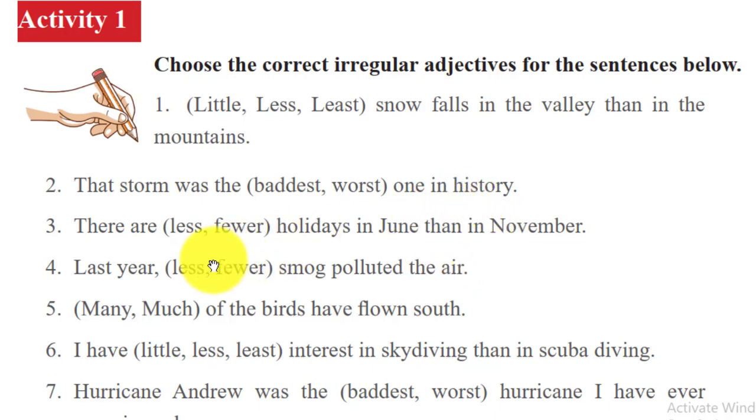Number 3: there are blank holidays in June than in November። than የሚል ቃል አለ። ስለዚህ comparative adjective ነው የሚሆነው። holidays የሚለው countable ስለሆነ fewer እንላለን ማለት ነው። Number 4: last year blank smoke polluted the air ይላል። last year ባለፈው አመት የነበረውን ነው የሚያነጻጽረው። ስለዚህ ባለፈው አመት ካሁኑ ጋር ሊያነጻጽር ይችላል። ስለዚህ less የሚል እንወስዳለን። Less smoke; polluted uncountable ስለሆነ ነው፣ አይቆጠርም። Number 5: many, much of the birds have flown south እንግዲህ ብዙ ወፎች እንደሚሰደዱ ነው የሚያሳየው። birds የሚለው normally countable noun ነው። ስለዚህ ይሄ ንጽጽር የለውም እዚህ ጋር። በነገራችን ላይ simply many of the birds have flown south ነው መሰደዳቸውን ብዛታቸውን ለማሳየት ነው። Birds countable ስለሆነ many appropriate ይሆናል ማለት ነው።